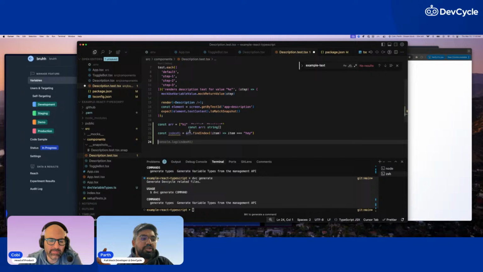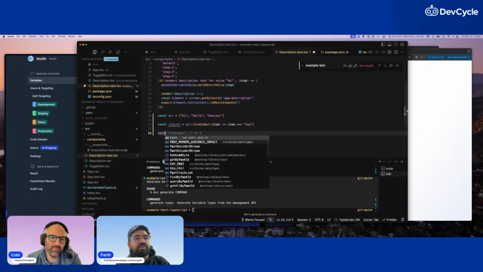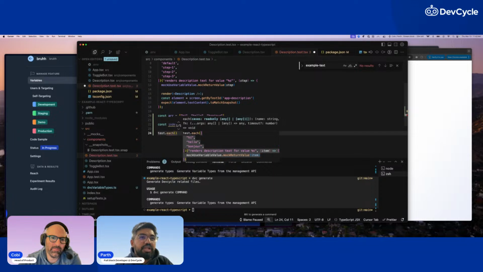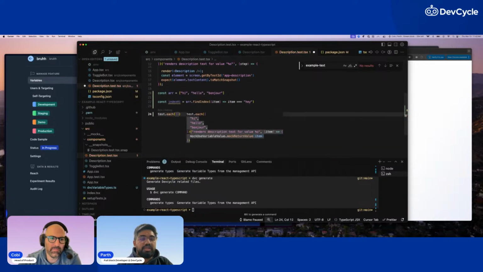And that's what you need to test for. What happens when this is -1? What happens when this is more than the size? The find index is never going to give you, or it shouldn't give you, a value that's higher than your size. But what if it does give you a value higher than the size? Then your test.each would probably look like you would have -1 as your fail case, 0, 1, 2, 3, and then